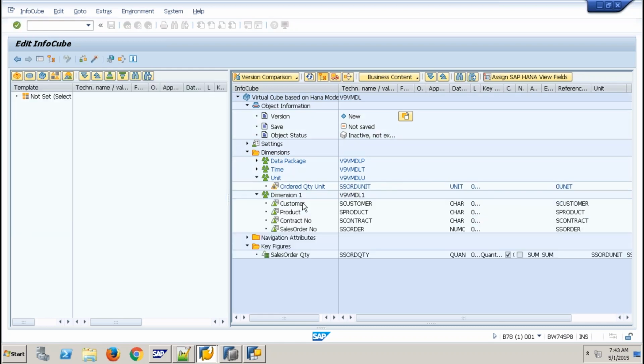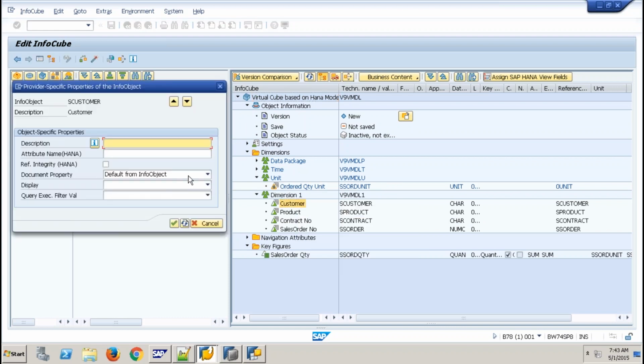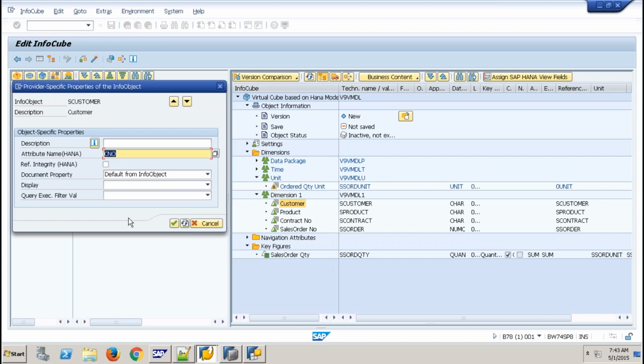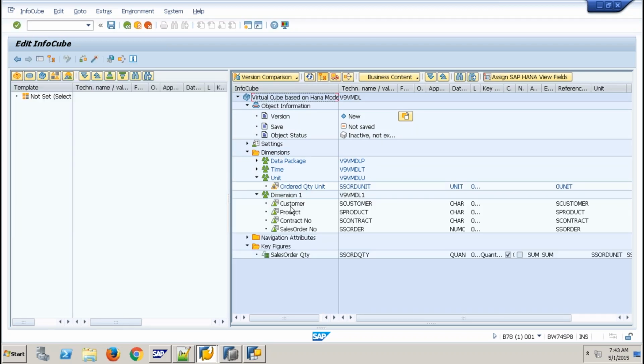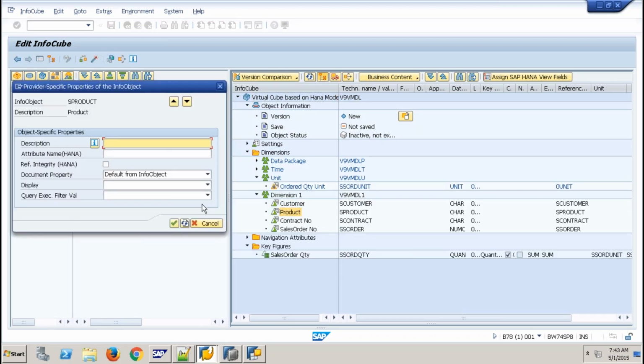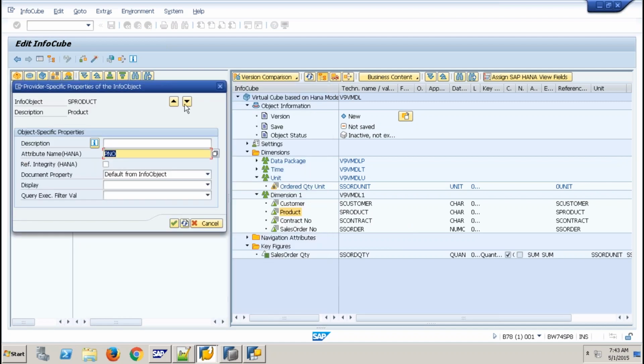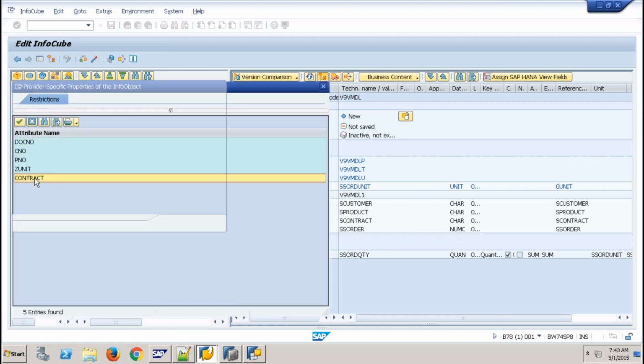Then once I have my InfoObjects, I need to specify the mapping. For customer, right click, say mapping. I want this S customer to be mapped to the field called customer number from the view, CNO, and this product must be mapped to PNO from the view, and contract must be mapped to contract.